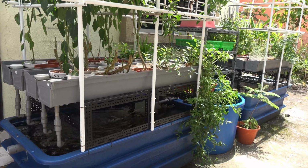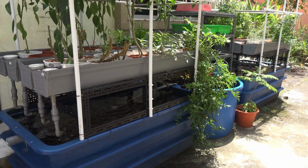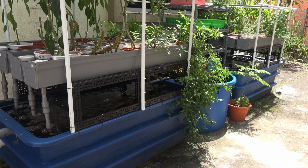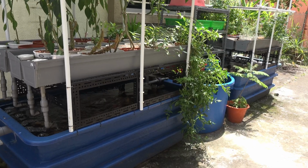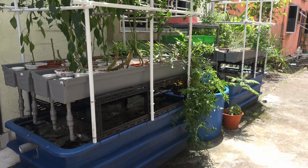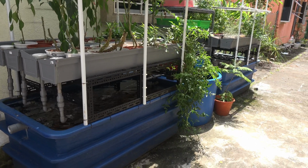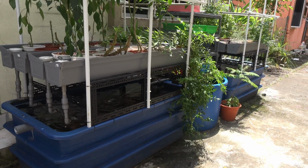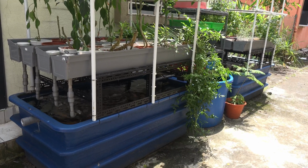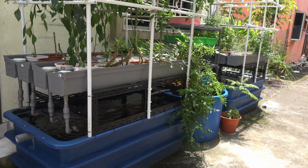I hope you like what I've presented, and anyone that wants to practice aquaponics, please start with something very simple and small. I'm very sure a setup like this is very easy to make, and you can make it successful. It's a very easy system to set up. I can guarantee anyone that sets up this system and follows the instructions that I've made will definitely succeed in having their aquaponic system